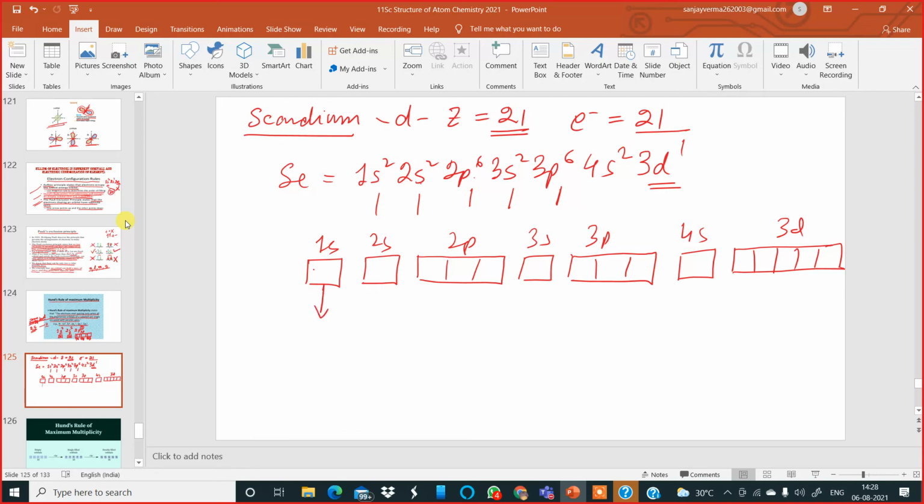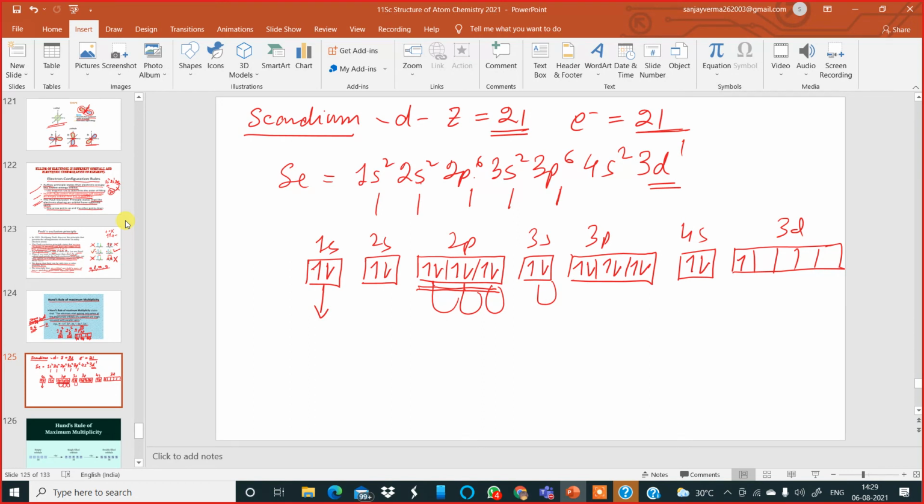This is 1s, a subshell. So out of 21, in the same orbital, this way complete 1 2 3 4, then 5 6 7, 8 9 10, 11 12 13 14 15 16 17 18 19 20 and then 21. Did you understand now, all of you? Which means in this subshell, after occupying all the orbitals singly, only then does the pairing take place. Did you observe?